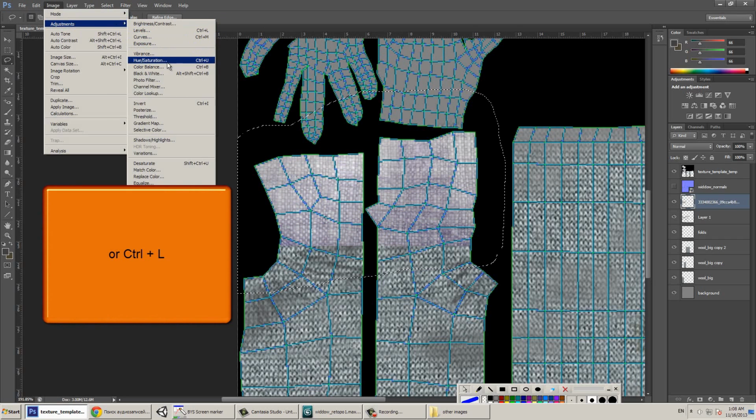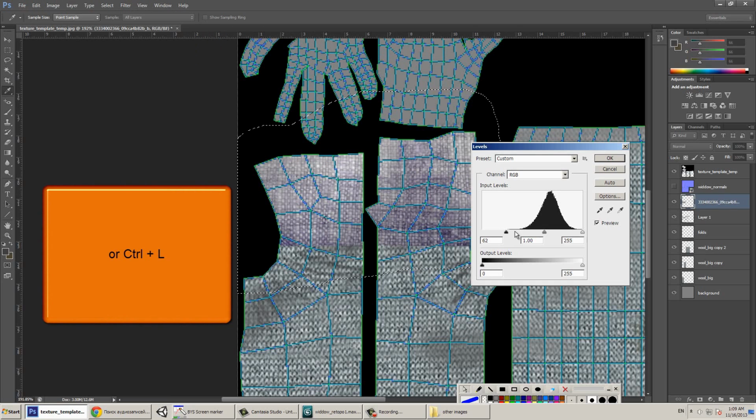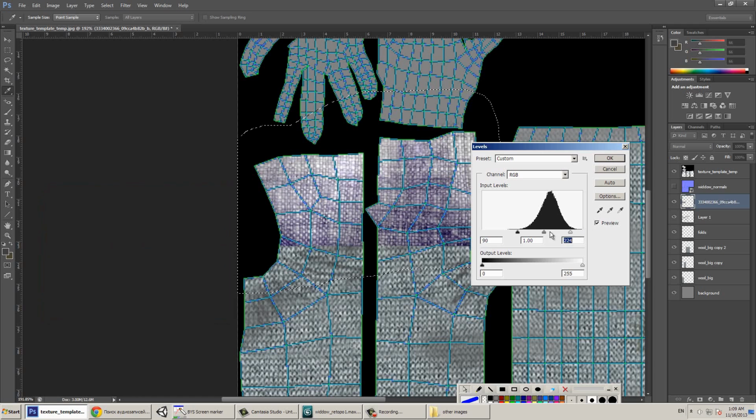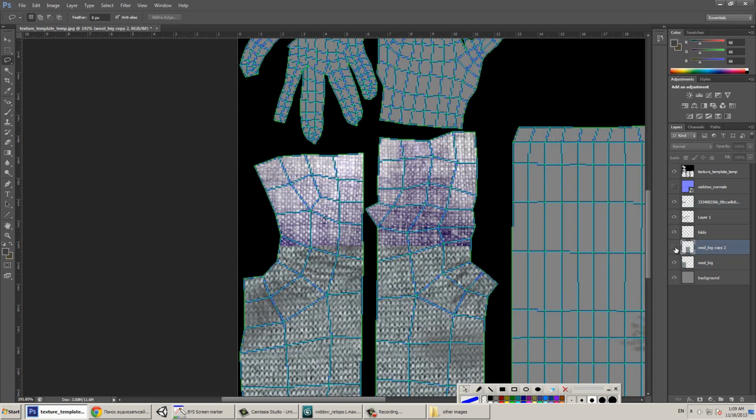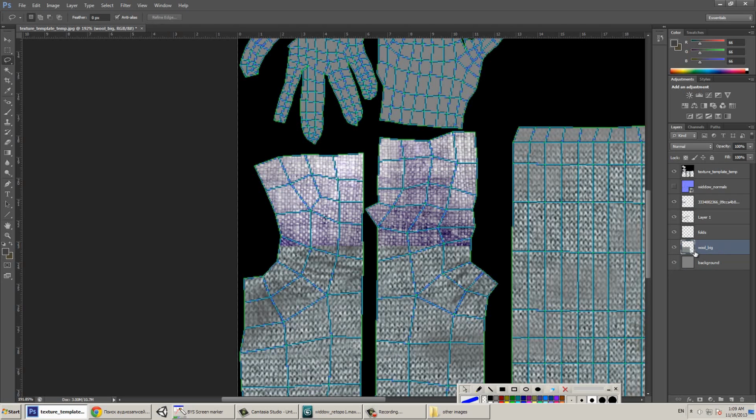Go into Image Adjustments and Levels, and increase the intensity by dragging the slider to the right, and increase whiteness by dragging to the left. Change the balance by shifting the central key. Press Ctrl D to deselect everything and switch to your wool texture, which is this one and this one. And really they should be merged together, so click on the top one, press Ctrl E and merge with the bottom one. And maybe with this one as well, so Ctrl E,